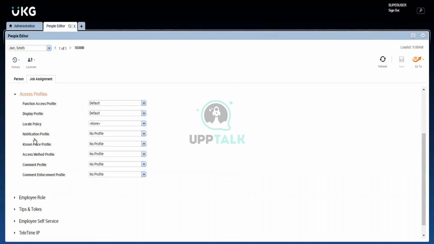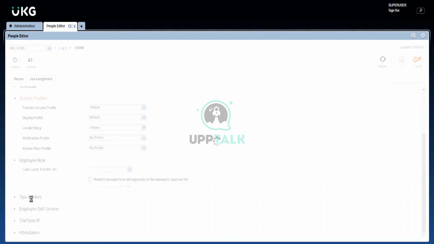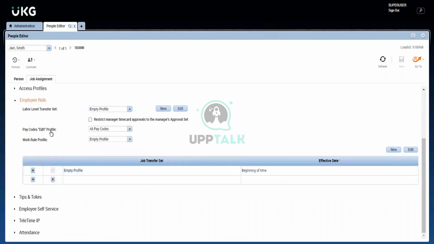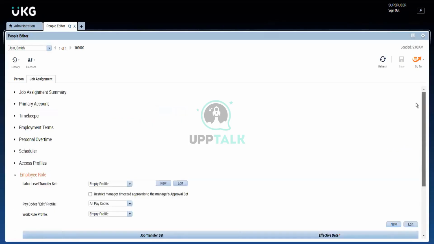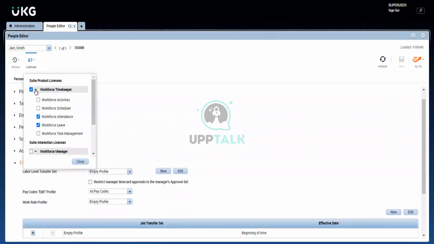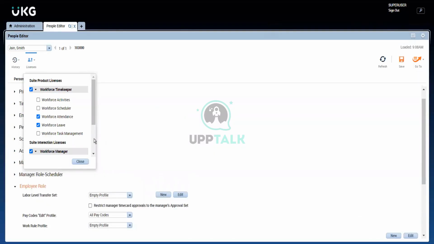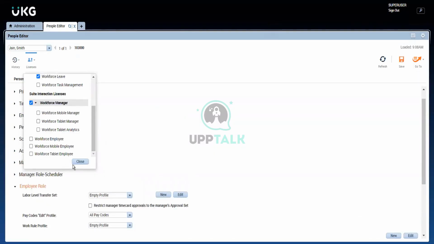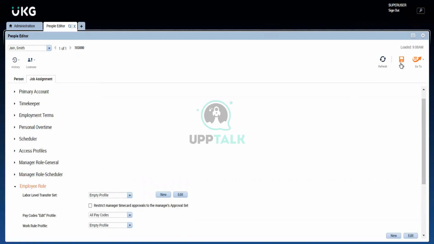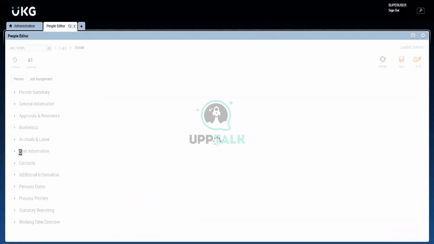Access profile, display profile. These two items will be assigned there, and the other items will be under employee role, pay code access profile, and work profile. These items will be here. And if he is a manager, then he'll have some additional items. Let me show you. So if he's a manager,